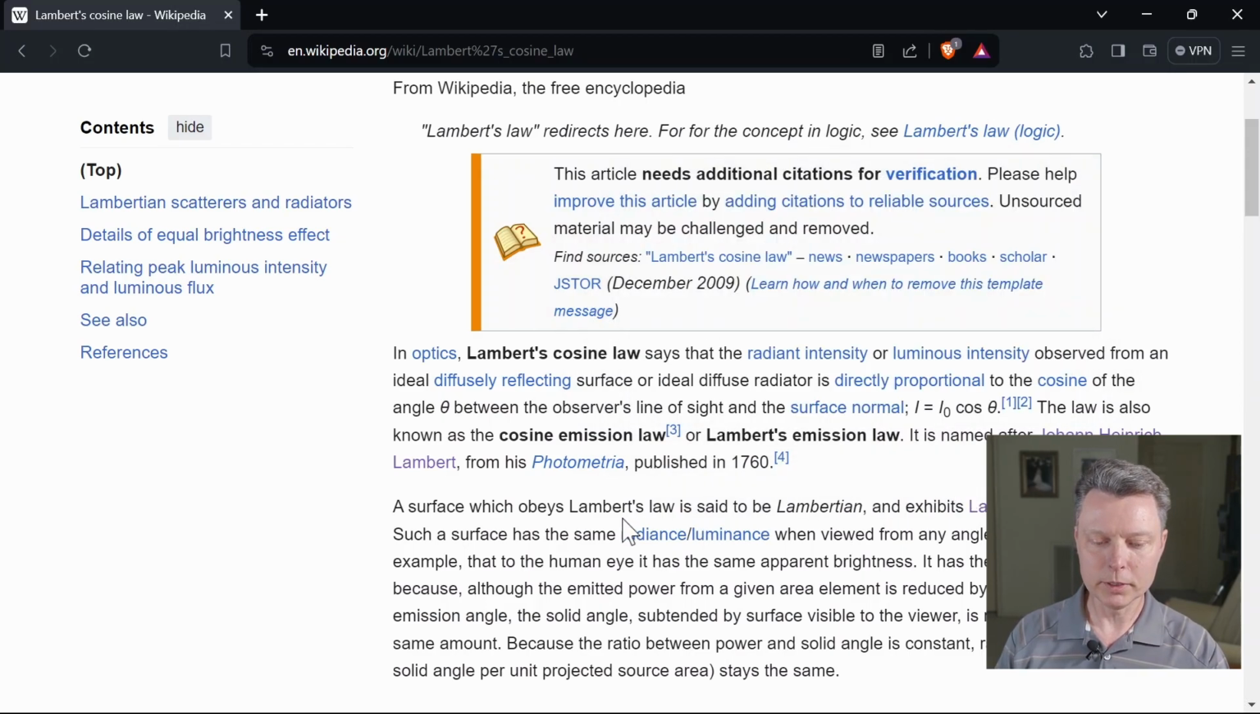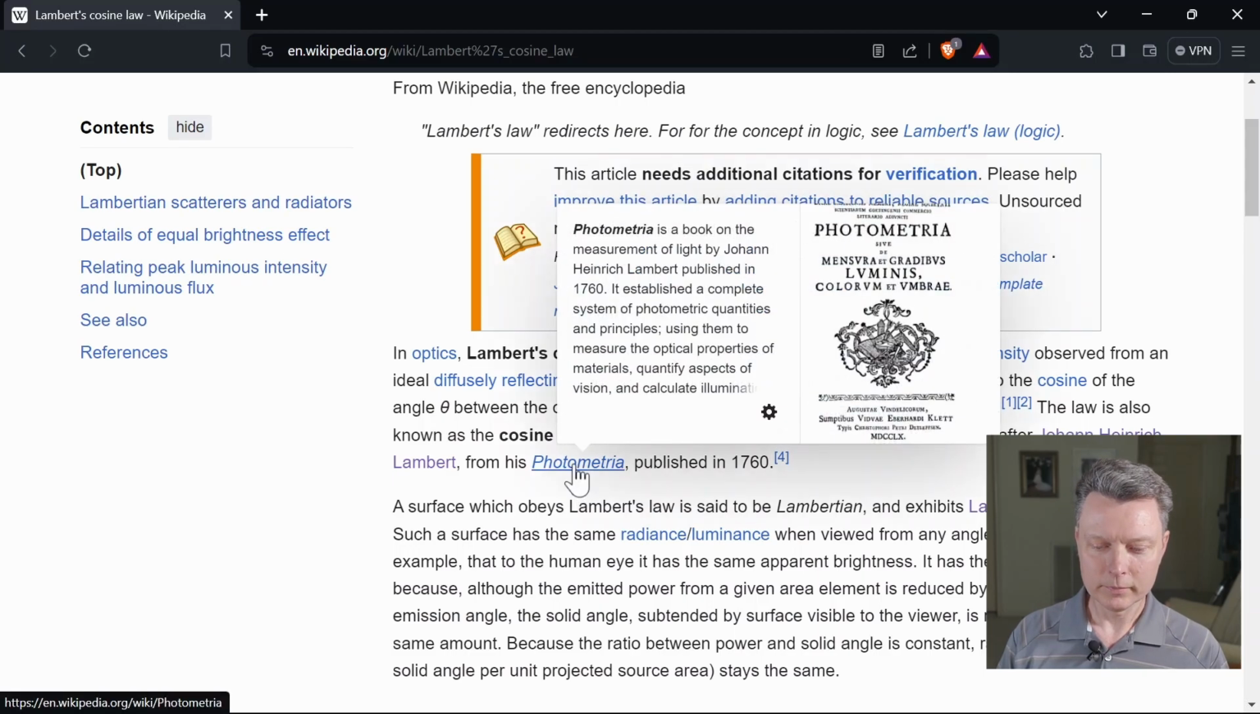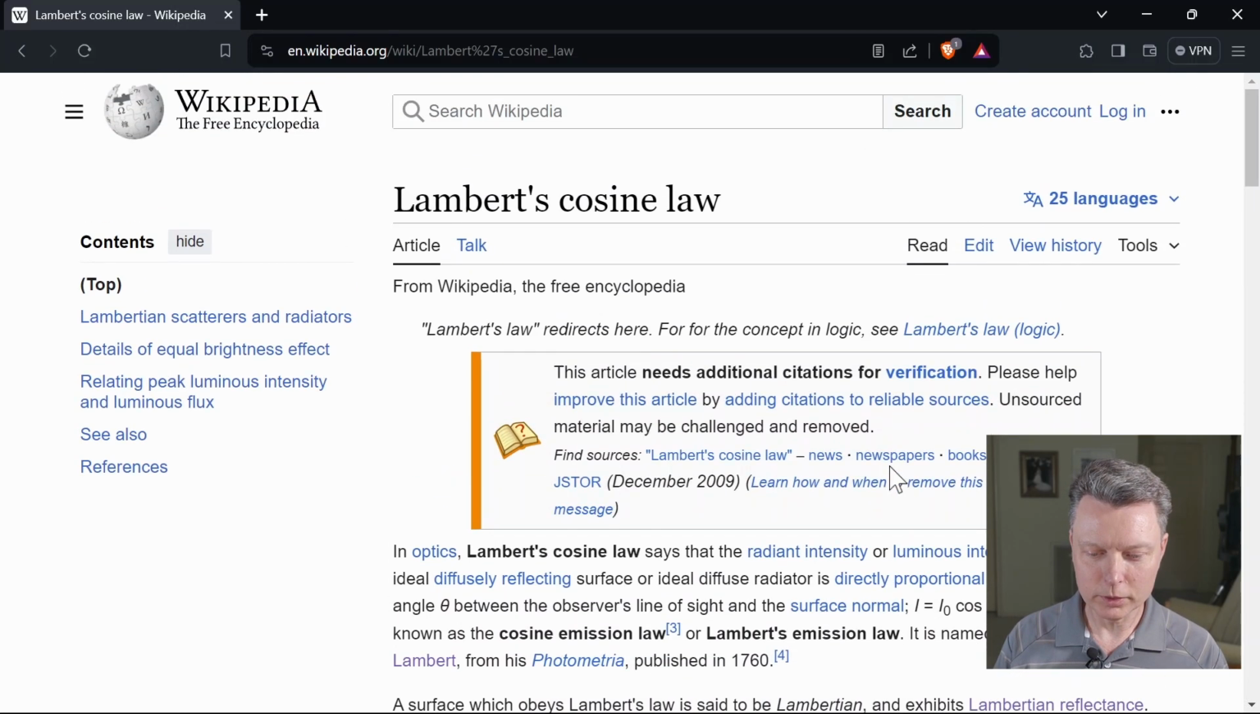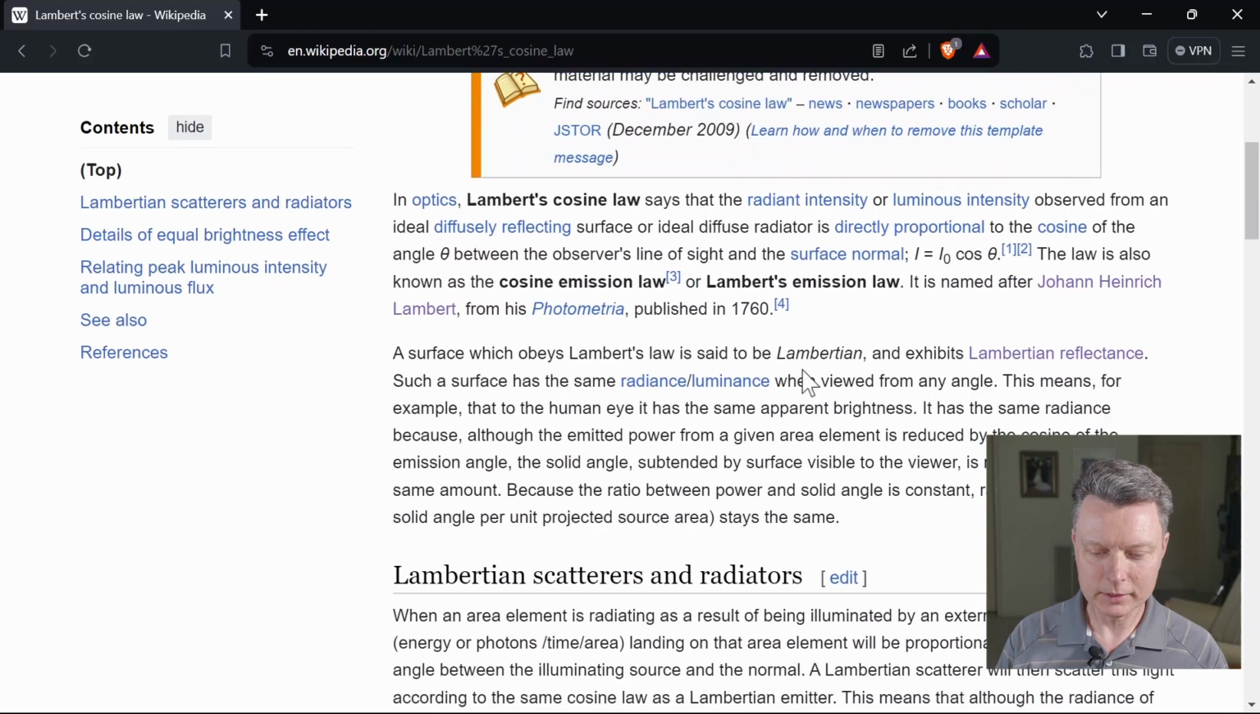Lambert published his famous book, Photometria, and here's a picture of the cover. What's amazing to me is he published this back in 1760. That's over 250 years ago that he made these important discoveries about the nature of light and diffuse reflection. So if we look at what Lambert's cosine law is,